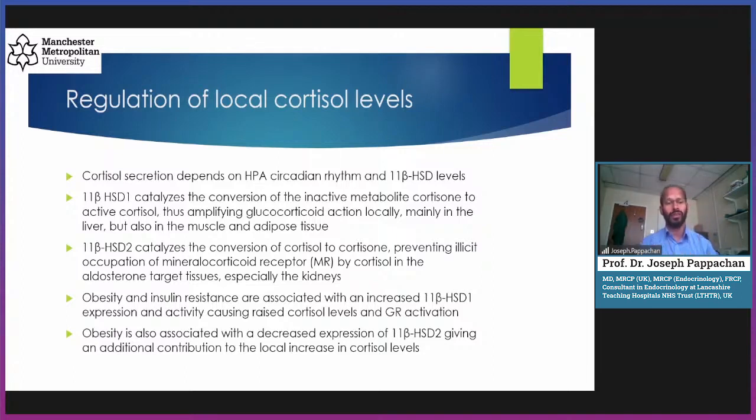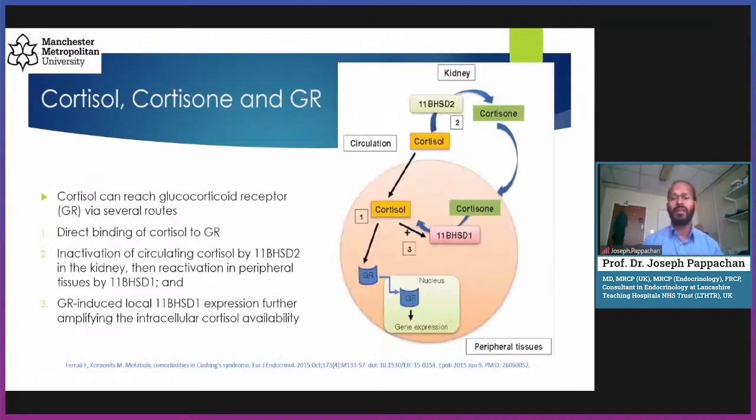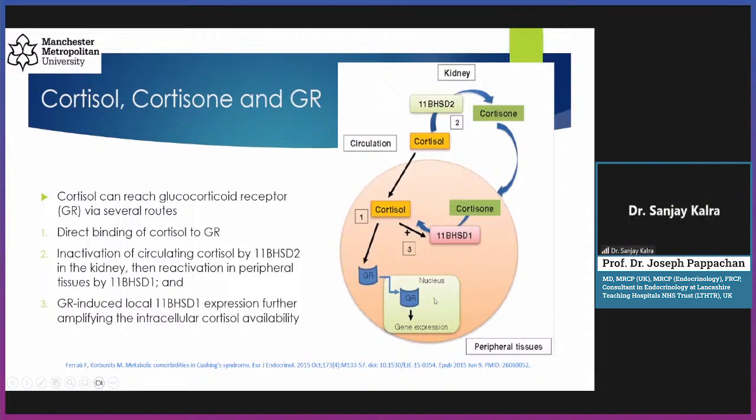This is mutually regulated. In fact, obesity and insulin resistance are associated with increased expression of 11-beta HSD1, whereas there is suppressed expression of 11-beta HSD2. This increases the local cortisol levels. As you can see from this schematic representation, cortisone in the presence of 11-beta HSD1 is converted to cortisol, which is the effective steroid hormone, acting on the glucocorticoid receptors in effector cells, increasing the